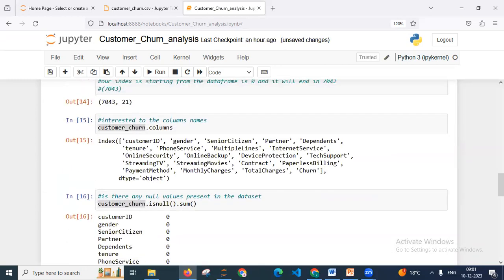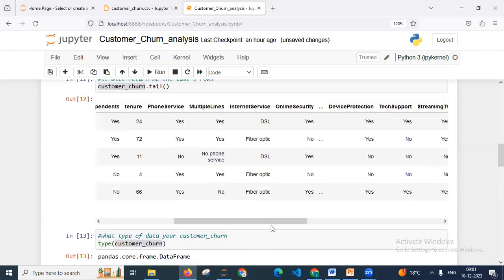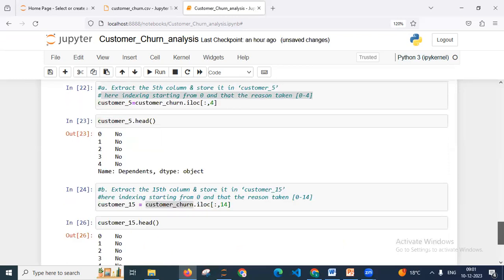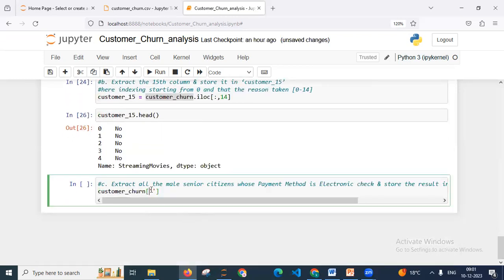The gender, right? You can see, this is the gender, male, female, so that is the reason I take the gender. Just copy the gender, okay, here, and you have to write male